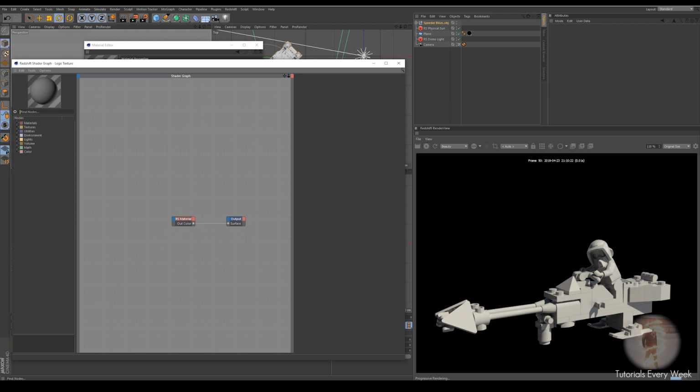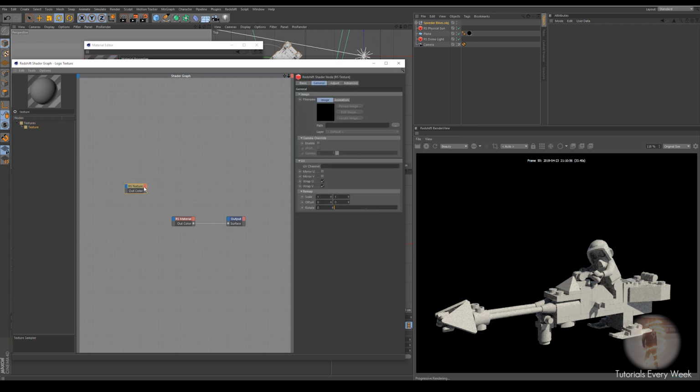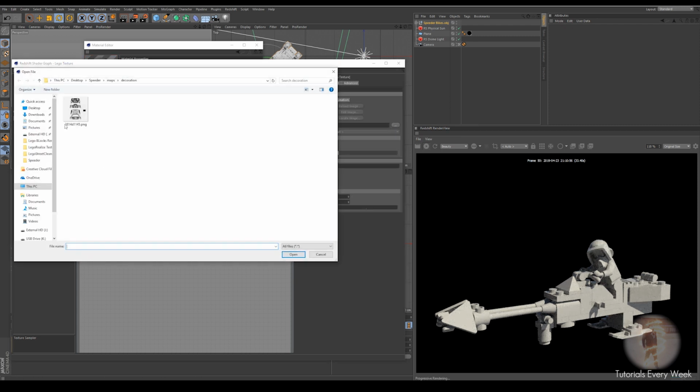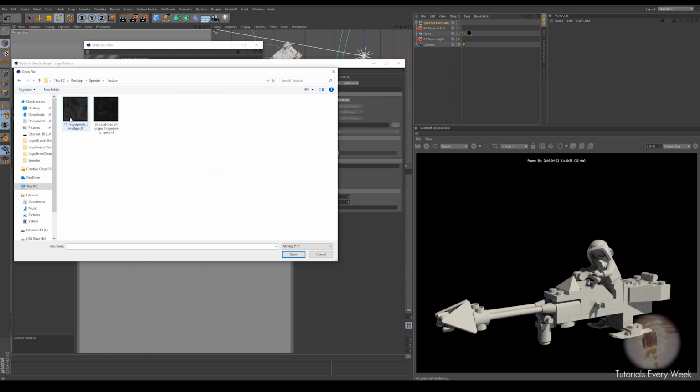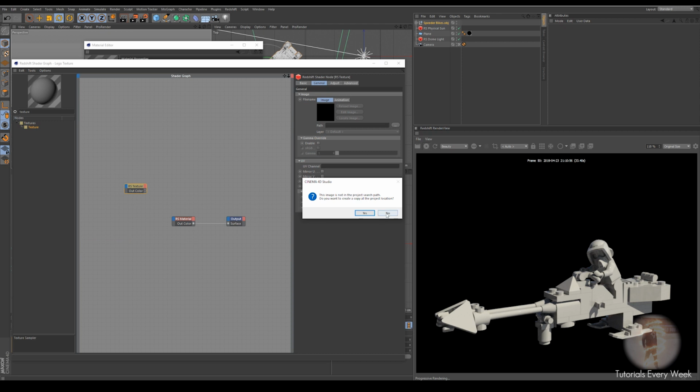Alright, so the first thing we're going to do is add reflection roughness, and the way we do that is if we go to texture, we want to find textures. So these are the two textures that come with that pack. There's scratches and smudges. I'm going to import the scratches, and then if we drop a triplanar,